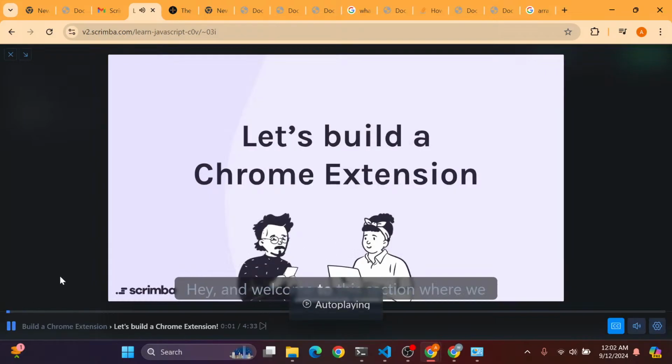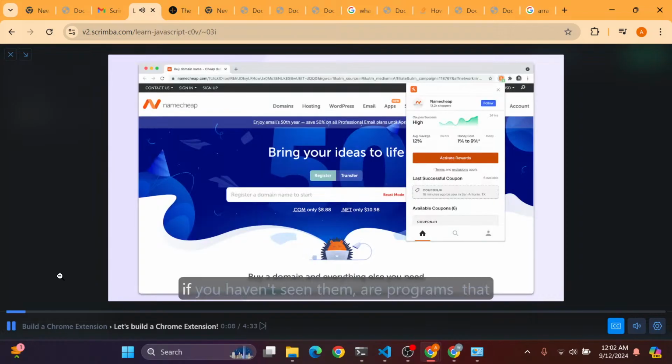Hey, and welcome to this section where we are going to build a Chrome extension, which is just so freaking cool. Because Chrome extensions, if you haven't seen them, are programs that can enhance your browser experience in Chrome. This is an example called Honey. It's really brilliant because what it does is gather coupons from all over the web, and when you visit a page where you want to buy something, it gives you whatever coupons it can find online so that you can save money. And it was acquired by PayPal for $4